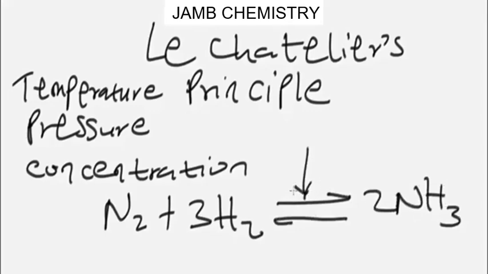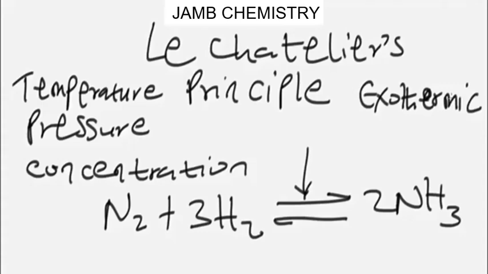Very important, guys. Now, note that in the question for chemistry, if they are asking you to predict the effect of change on a reaction system using temperature factor, they're going to indicate if the reaction is either endothermic or exothermic at the forward reaction. So for this example I'm using, the forward reaction is exothermic. So let's predict the effect of change on this equilibrium system, or system in equilibrium. Now, since the forward reaction is exothermic,